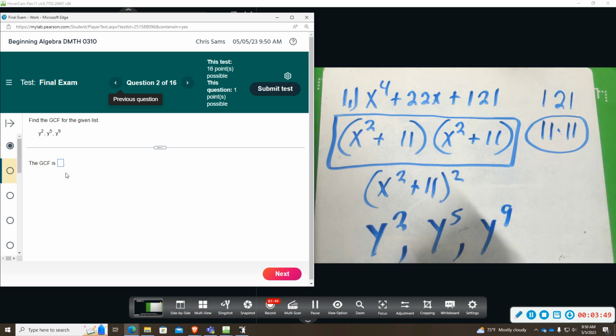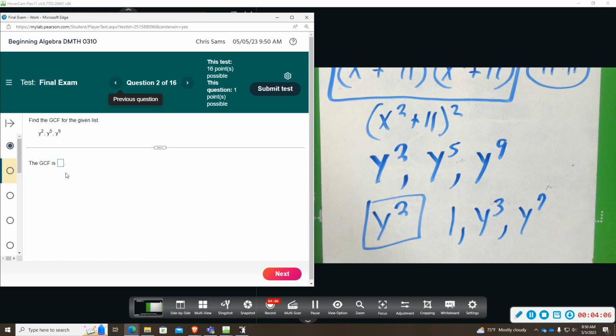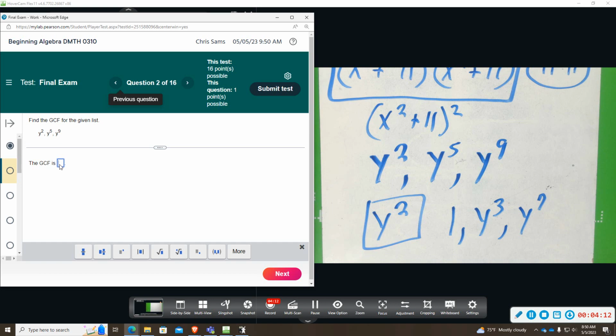I couldn't take any more than 2 from this one. So if I factored out y squared, that would be my biggest common factor. That will leave me with 1 y to the 3rd and y to the 7th when I took 2 from each. So just the greatest common factor, looking for that here, y